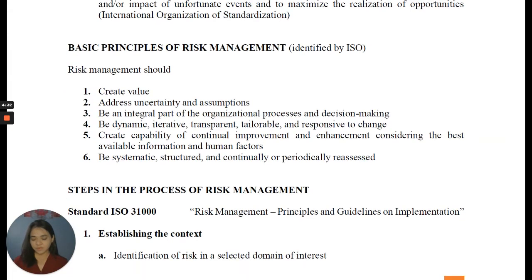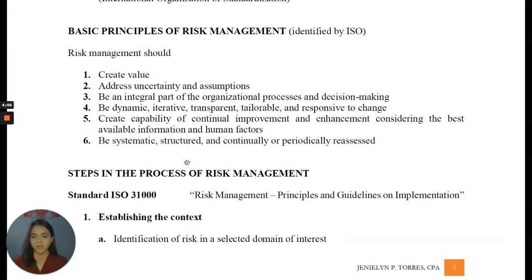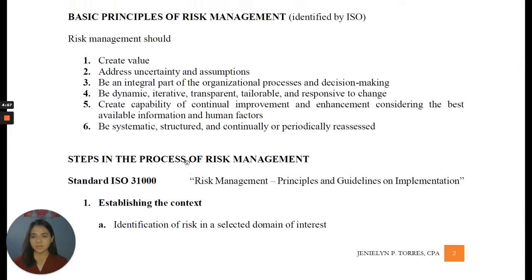The steps in the process of risk management according to the standard ISO 31000, which is entitled Principles and Guidelines on the Implementation of Risk Management, include three parts. First is the establishing of the context. Second is the identification of potential risks. And third, the assessment of such risks. So the first step is